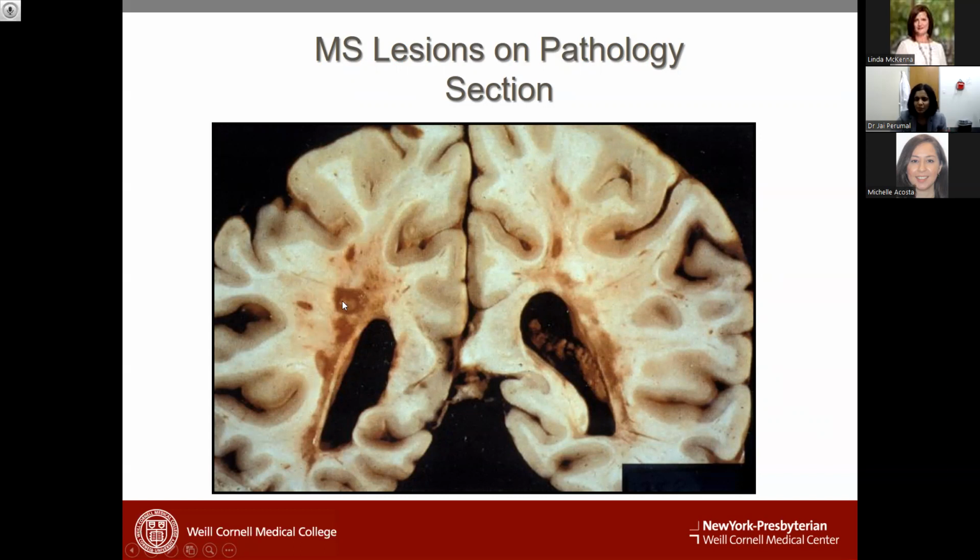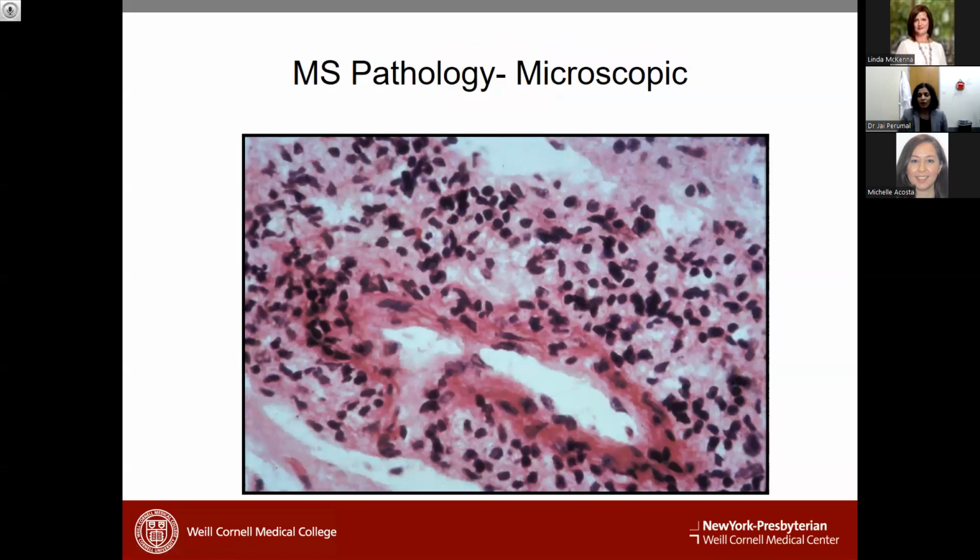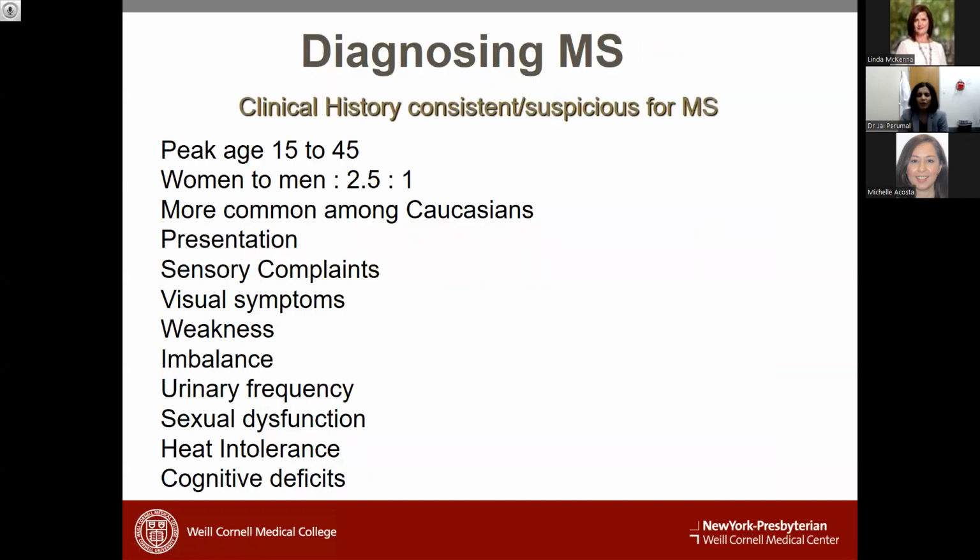And since MS predominantly affects the myelin, most of the lesions are in these major white matter areas. Now, if you look at it at a microscopic level, the initial inflammation happens around venules. So it's lymphocytes or other immune cells that migrate from the tiny venules into the substance of the brain and then cause the lesion. So first you see all these immune cells around the vessel wall, and then gradually they migrate out to cause the lesions.